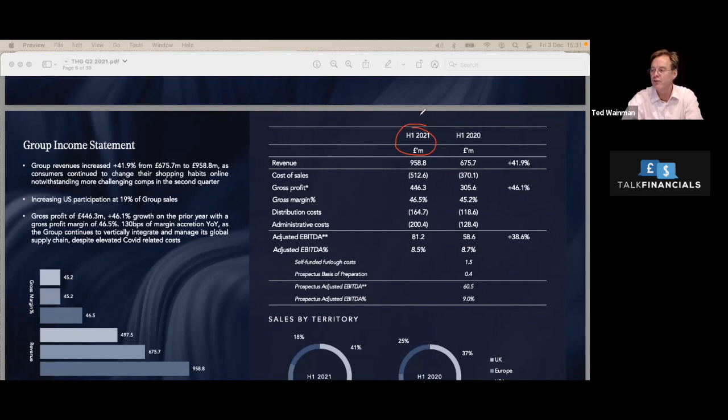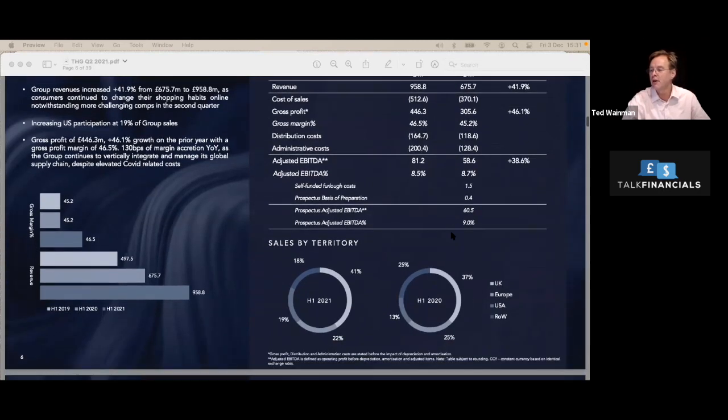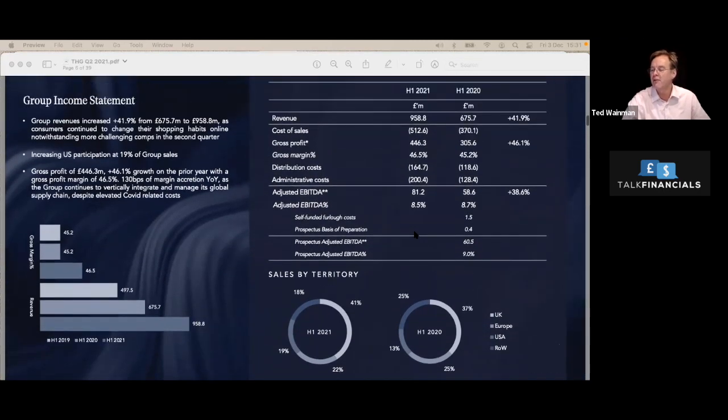I mean, it's never quite as simple as that, but there's a close approximation. So revenue, cost of sales, so revenue still going up. The revenue in 2020 was what, 1.6 billion. If you double that, you're going to be knocking on the door of 2 billion. Cost of sales, gross profit, it's all sort of ticking along. But if you scroll down, and they do put this, I love this, here we go,